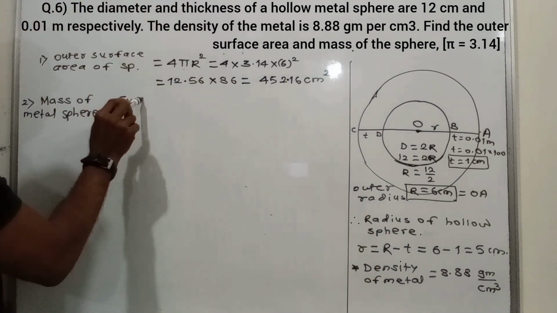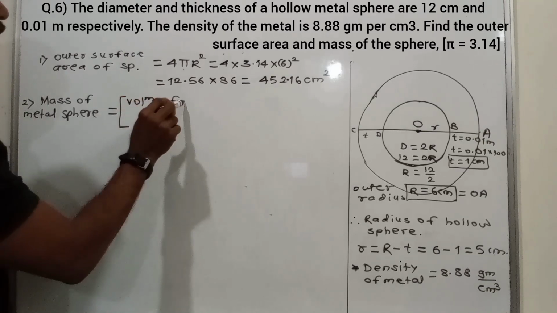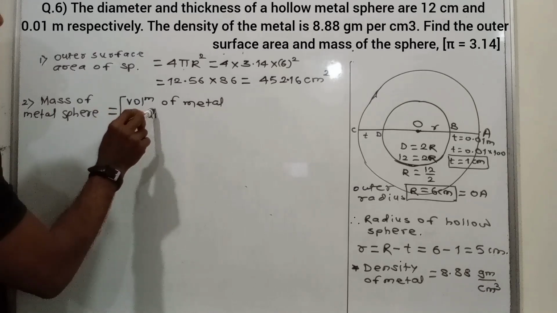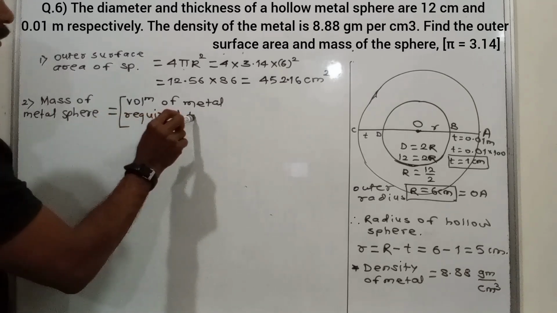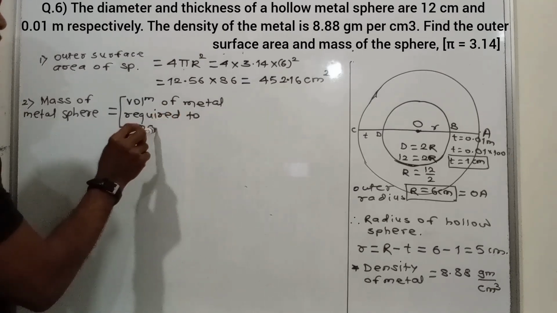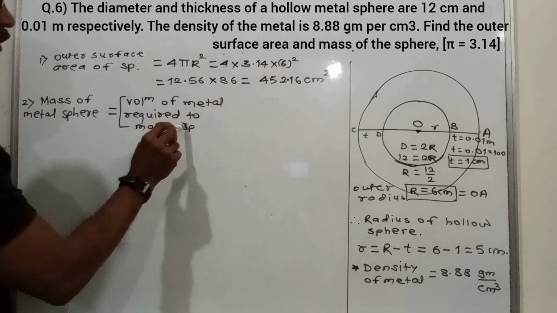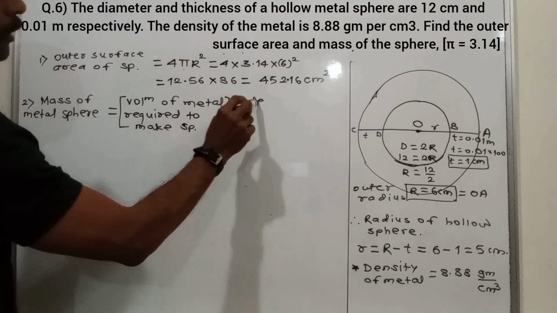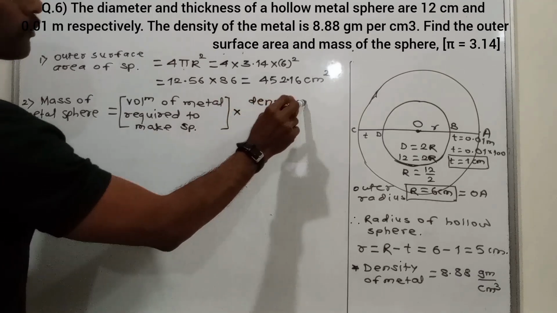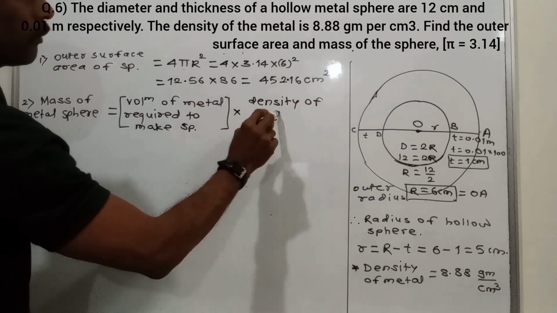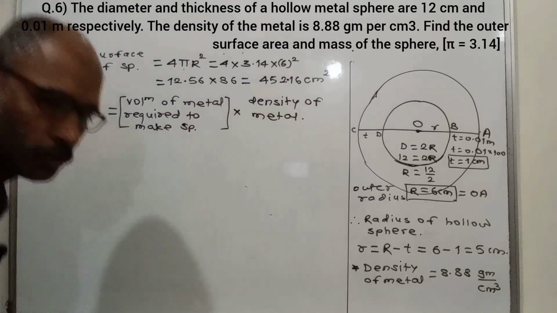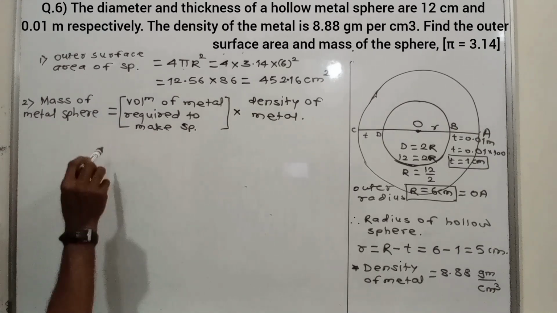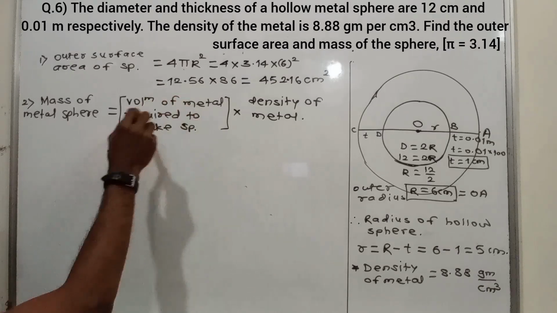Volume of metal required to make sphere into density of metal. This is the direct formula to find mass of any given article, equal to volume of metal required